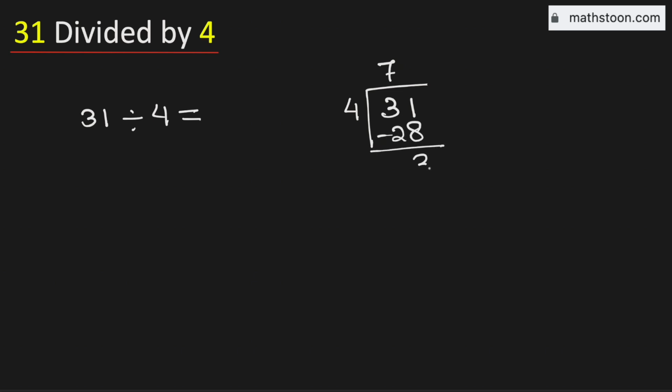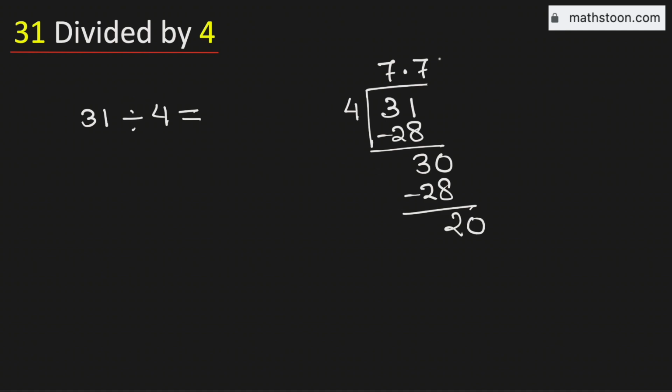Subtract, we get 3. Now 3 is less than 4, that is why we need to put a decimal here so that we can borrow 1 0. Now 4 times 7 is 28. Subtract, we get 2. Again 2 is less than 4, so we will again borrow 1 0, and we know